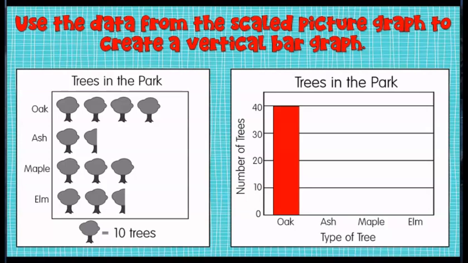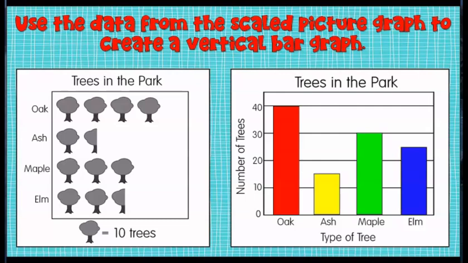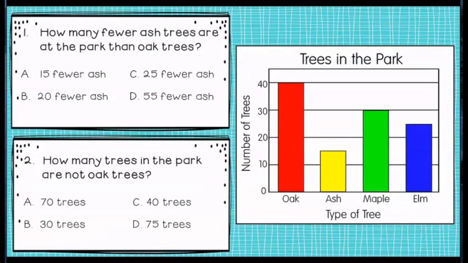Ash, if we look at ash, it is 1 tree and a half. So we're going to do the same thing. Maple, I've got 3 full trees. So 10, 20, 30. And elm, I'm not quite looking at 3, I'm looking at 2 and a half. All right. Now, let's answer some questions that have to do with our